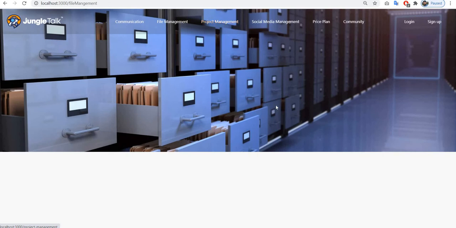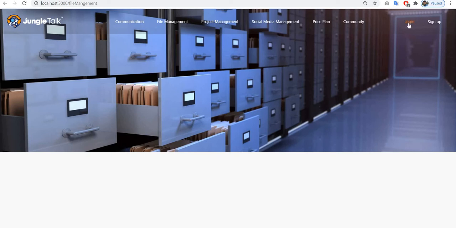But if the user wishes to log in, or perform some operation like commenting on a particular blog, then in that scenario we need the login part.